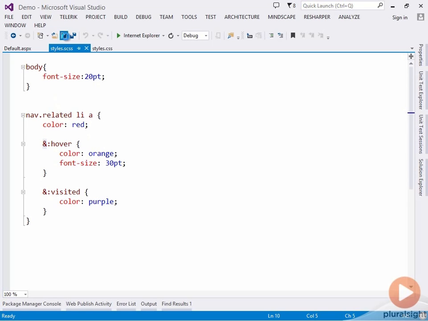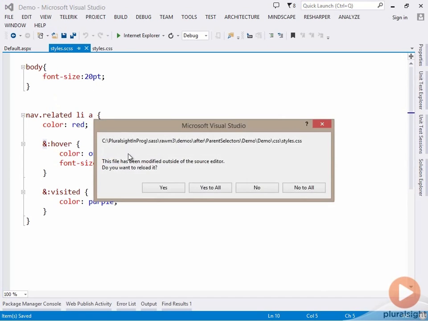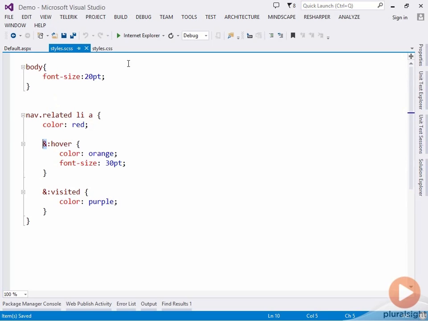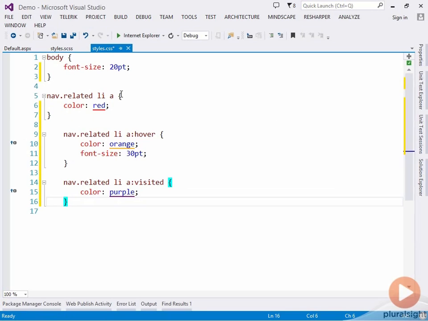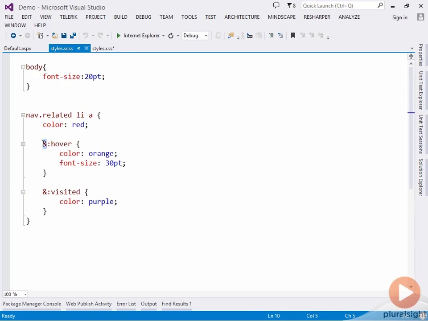So if we save this and have a look at our generated CSS, I'm just going to quickly format the document by using Ctrl-E-D. We can see that our anchor here with the hover has been prefixed with the nav.related.list item. So in our Sass file here, this ampersand has been expanded to all of this text here. And we can see that